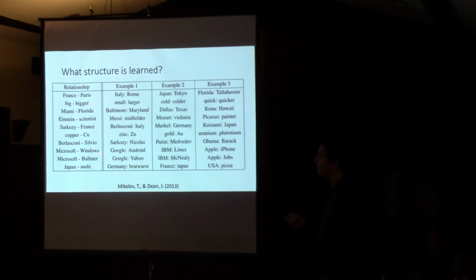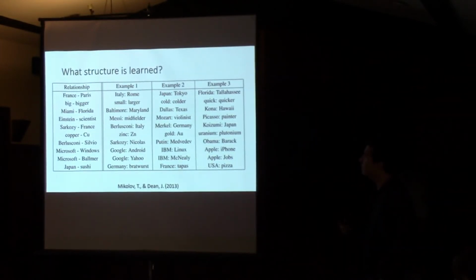Here's some other examples of what it said. And it could be, you could say semantic relationships that have something to do with the real world, such as Microsoft is to Ballmer, as Google is to Yahoo. It got that one wrong, right? So that's among the 39% that it gets wrong. IBM is to McNeely, Apple is to Jobs. So you see the relationship. Who passed the SAT here? Okay. So this is an example of how you could explore the vector space based on this analogical mechanism.